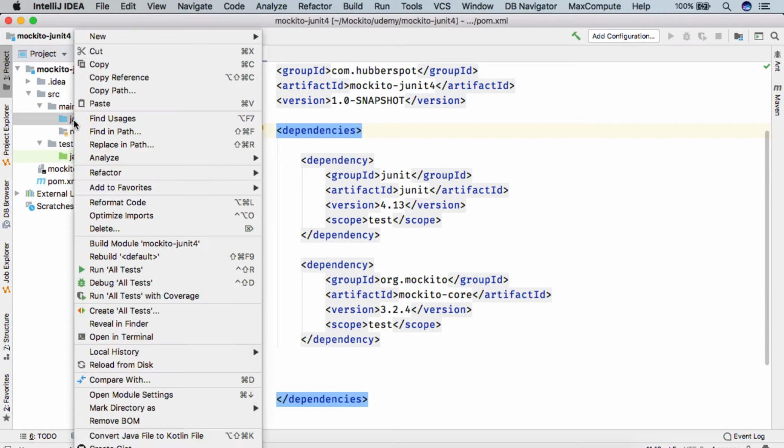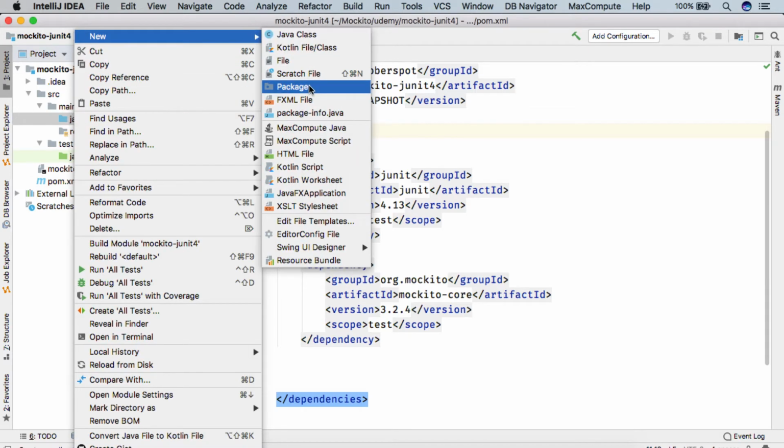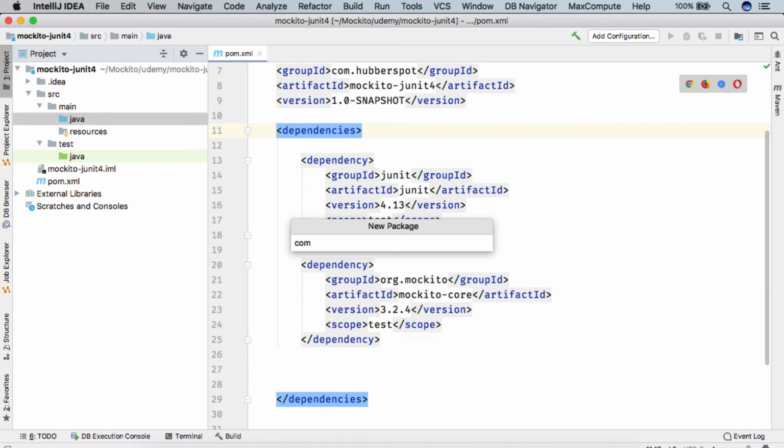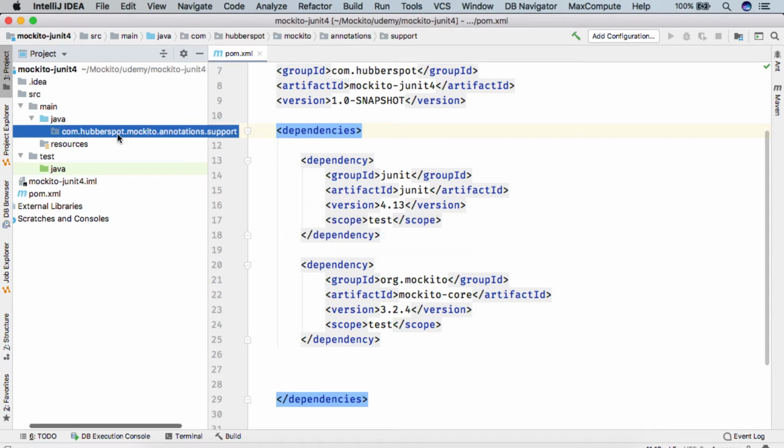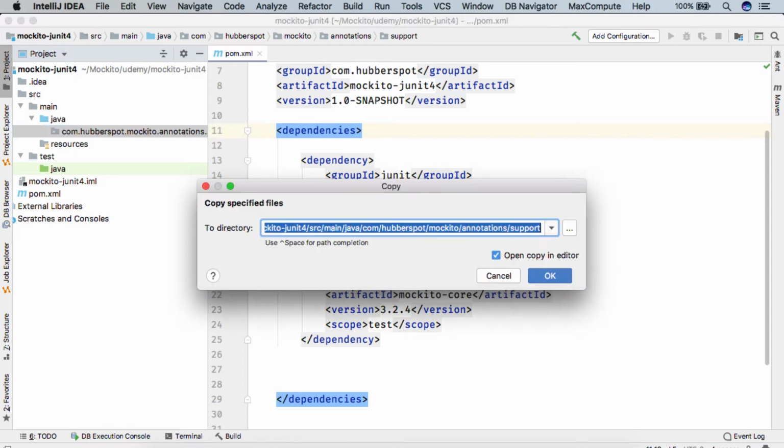and here I will first create a package, com.hubberspot.annotations.support, and inside this package I will simply paste the three classes.